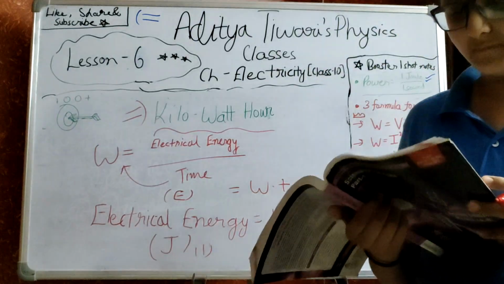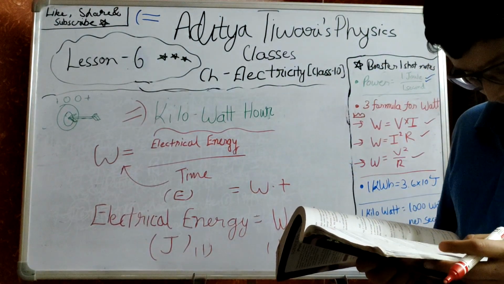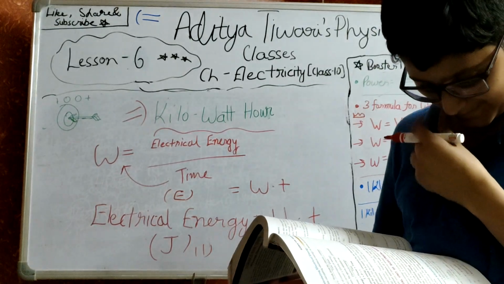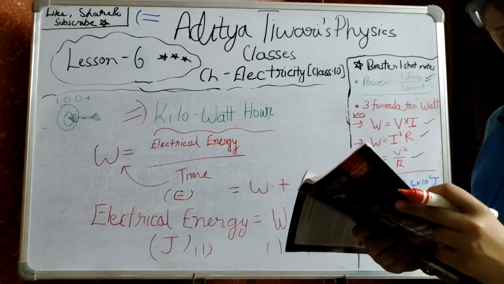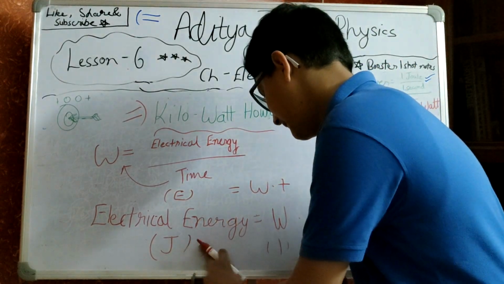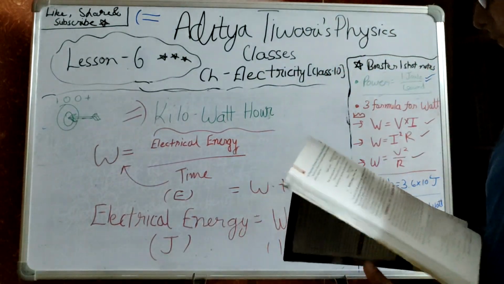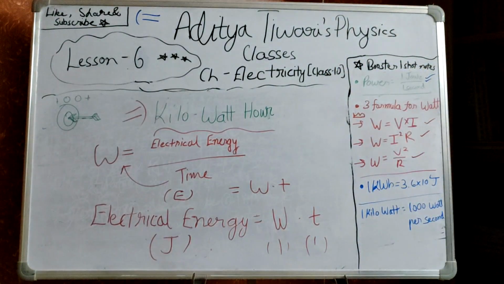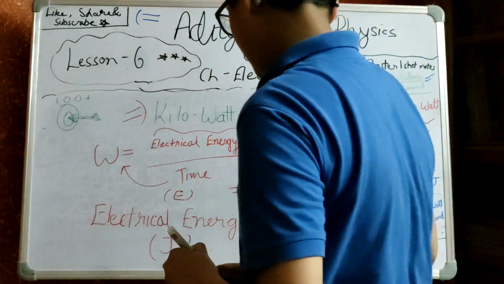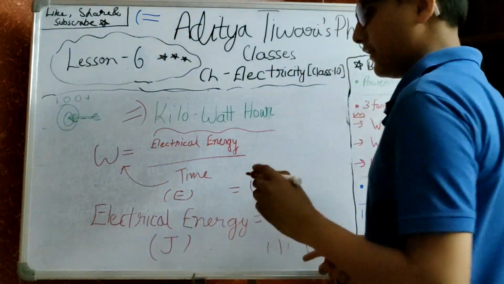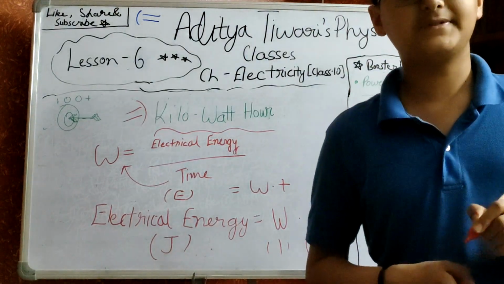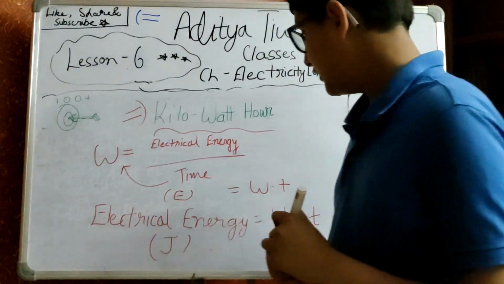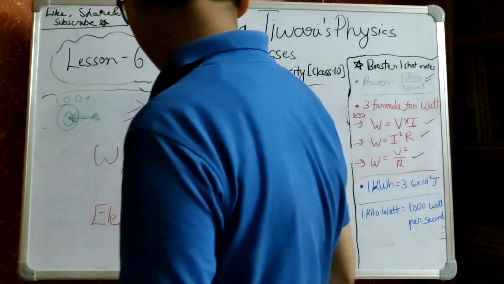But this answer will be in joules right now. When you do a kilowatt hour, then the things will be different. Kilowatt hour is equal to 1000 watts for 1 hour. Right now, this is for 1 watt and 1 hour. This will be 3600 joules because 60 times 60 seconds equals 3600. But for kilowatt hour, this will be a bigger value.